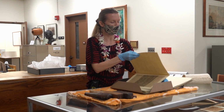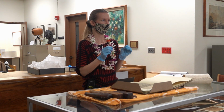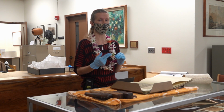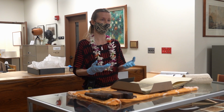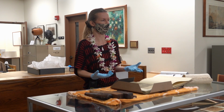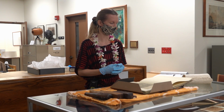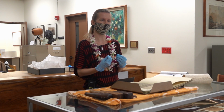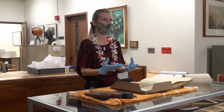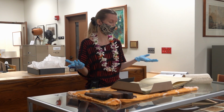And it's known that when European textiles arrived, women started taking pieces of red fabric in particular and beating it into kapa to bleed out that red coloration into the kapa. There's other methods that were used as well. I'm not as familiar with those, so I'm not going to try to explain them. But just ingenuity, and like taking new materials and creating something familiar but completely different, it gives me chicken skin